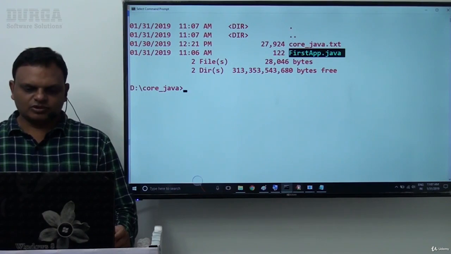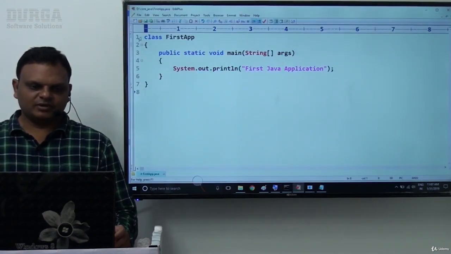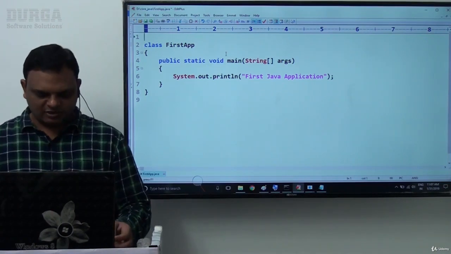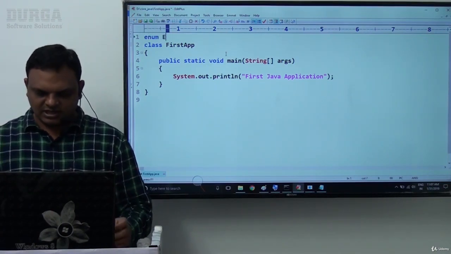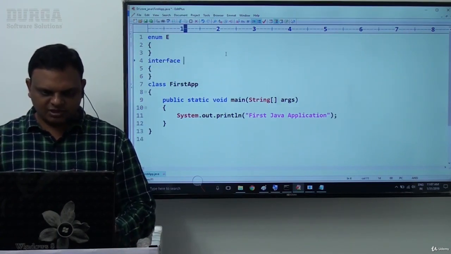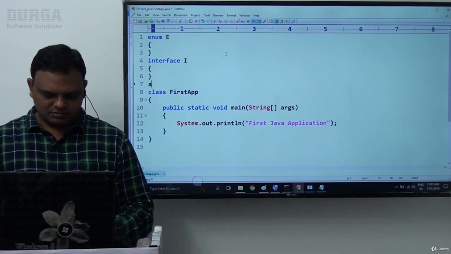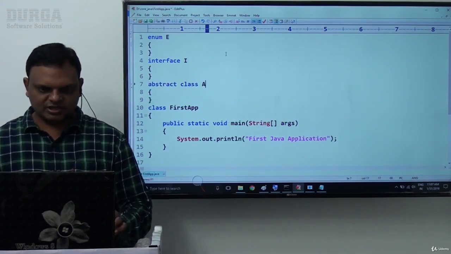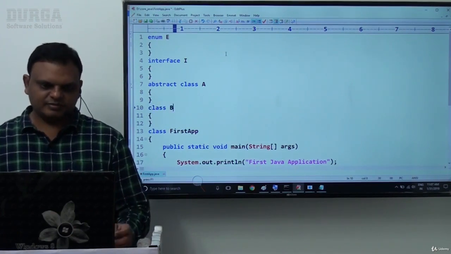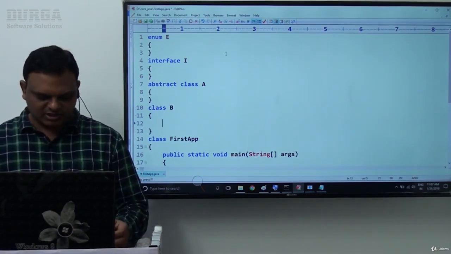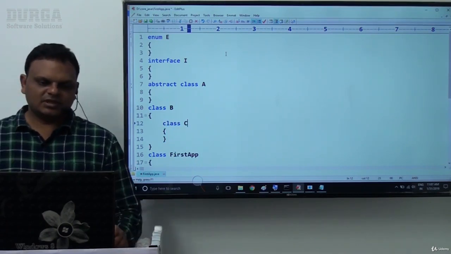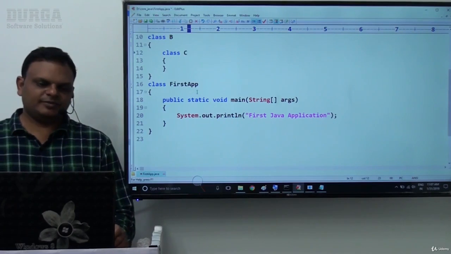Now what I want to show, for example, in my Java file FirstApp.java, I want to write enum E. Next, interface I, abstract class A. Then after that, class B, the outer class. Inside this outer class, now I want to prepare class C, the inner class. Then after that, the main class, FirstApp.